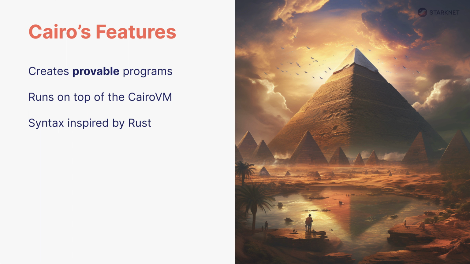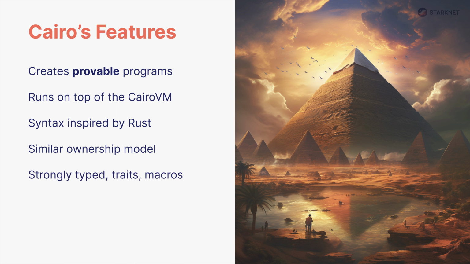Cairo's syntax is inspired by Rust, so knowing one language will help you learn the other. It's important to highlight that Cairo is only inspired by Rust. There are small differences between them, and the compilers have nothing in common, as one targets traditional CPU architectures while the other targets the CairoVM. Cairo has a similar ownership model to Rust that allows for high-performance execution without garbage collection at runtime.